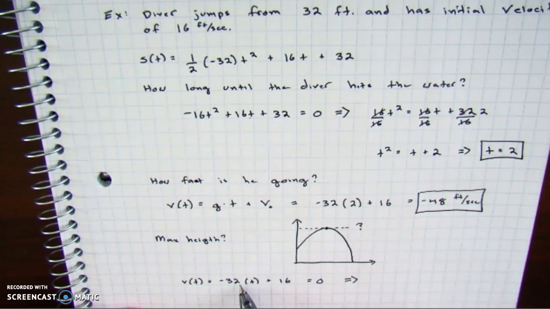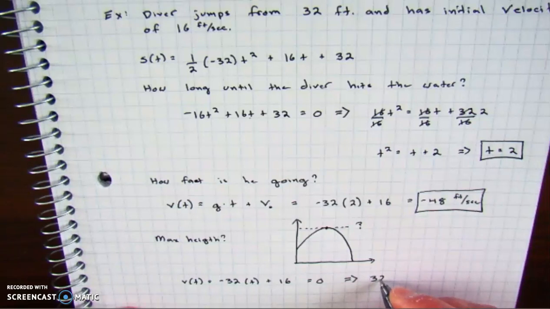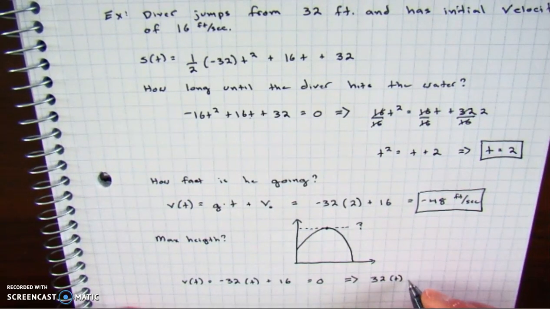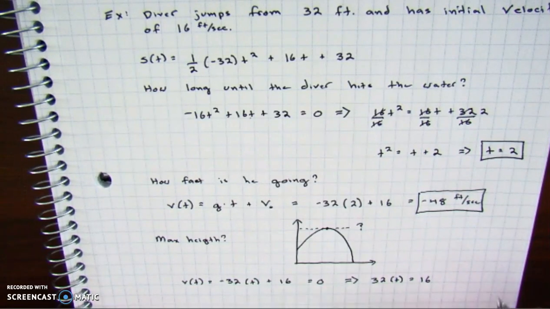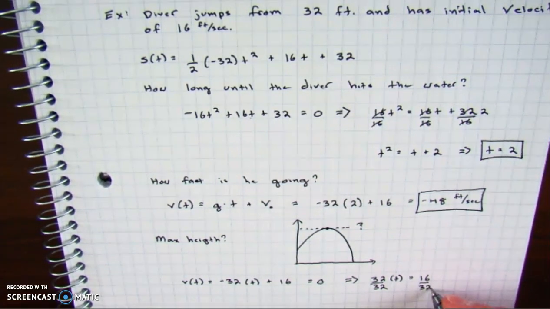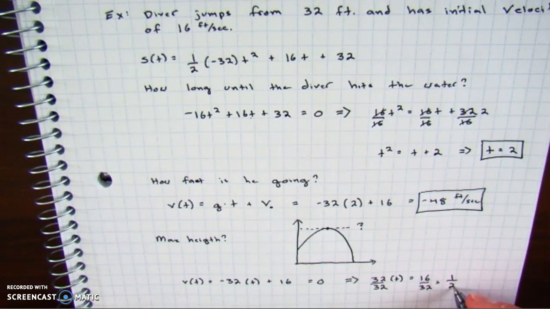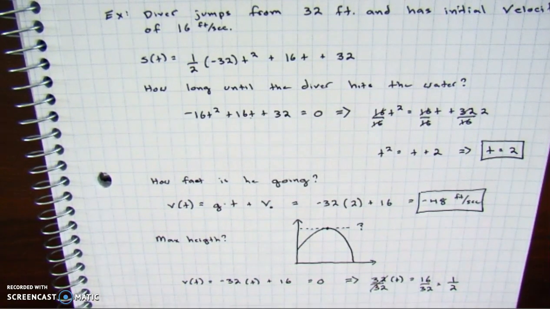We're just going to bring the 32 to the other side of the equation, so we're adding 32 to each side. So we've got 32 times t equals 16. If I divide each side by 32, I know that at time t equals 1/2,